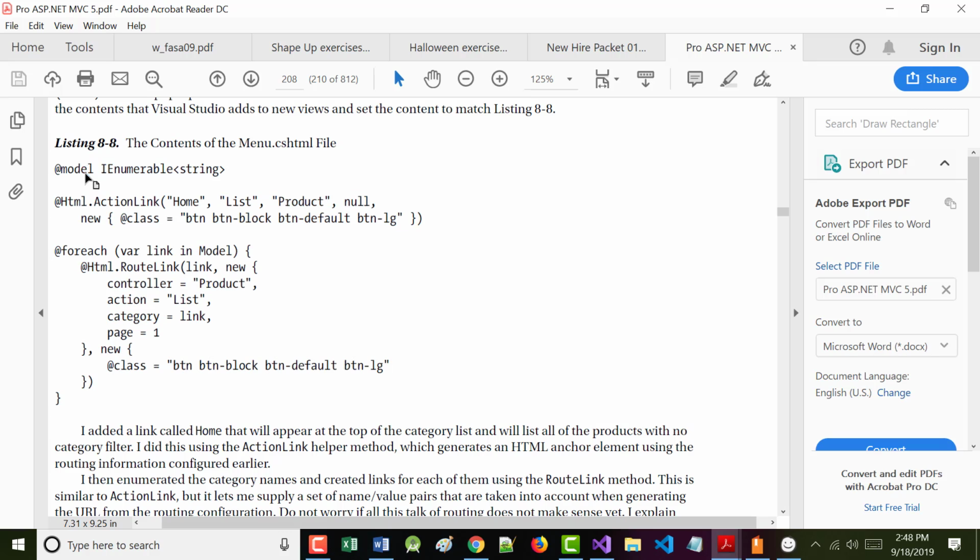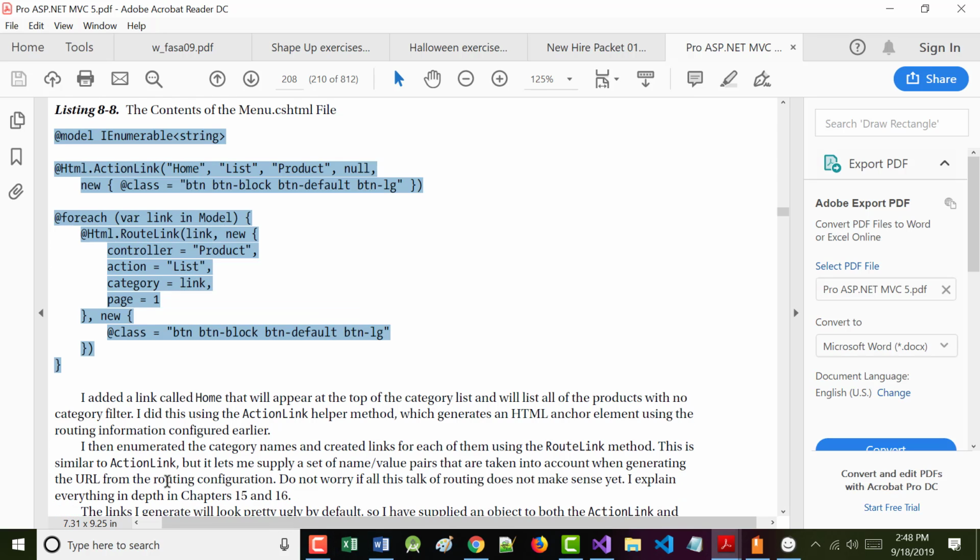So what do we have? An app model, meaning it's a strongly typed view. An action link, which is going to have what? Home, list, and product on it. All right. A button. And then it's going to go through here, ideally at least, and it's going to find the list of categories for us.